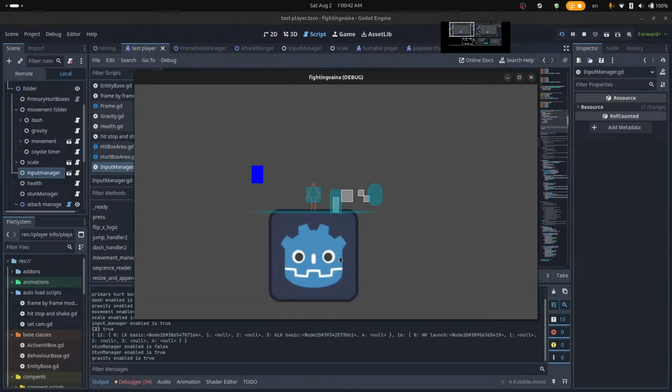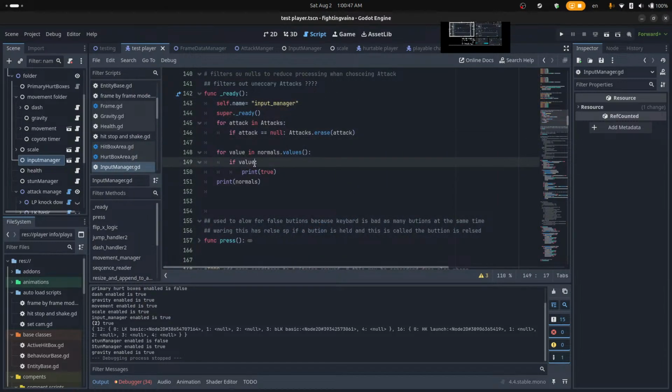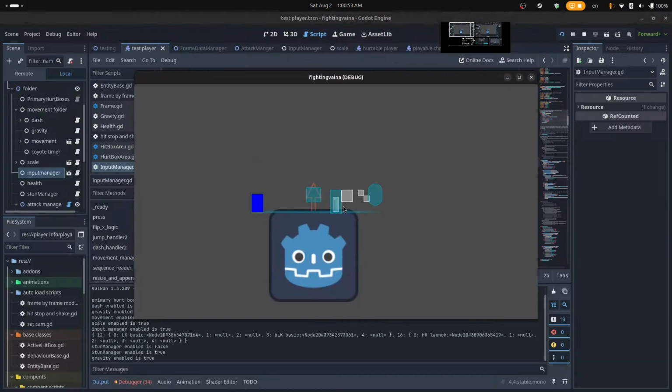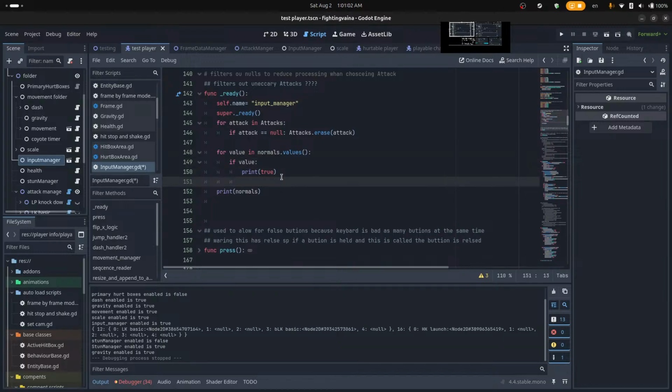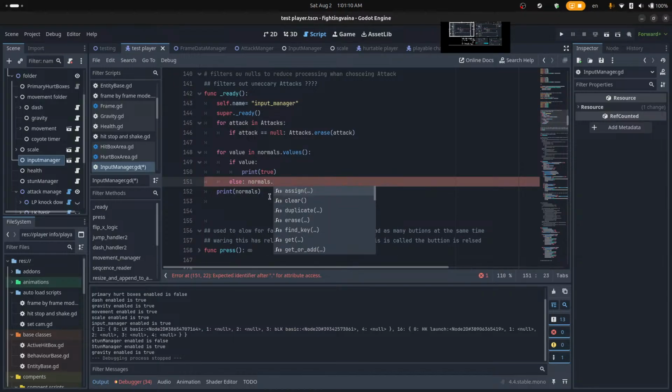Is it printed anytime? This is printed two times. So if I is true, equals no. And that's not happening, so then else colon normal dot erase value,